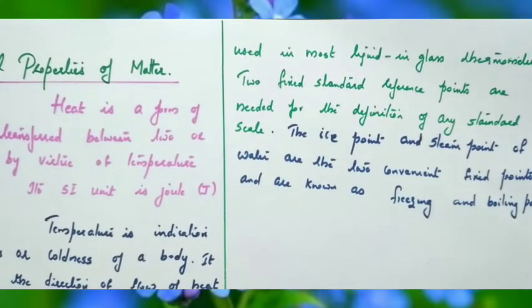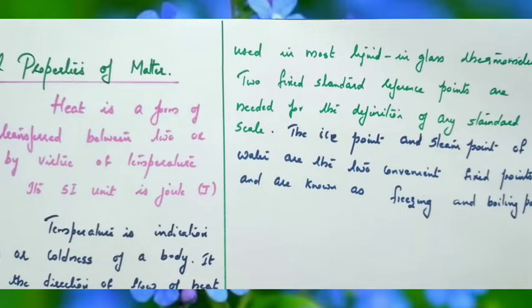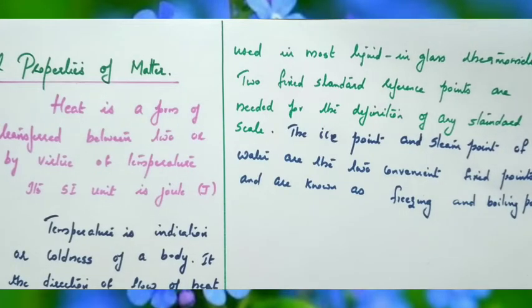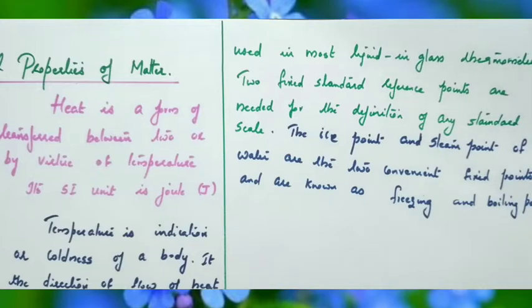Why mercury? Mercury is commonly used as the liquid in a thermometer because mercury does not stick to the glass and it expands much more than water. It does not stick to the glass, meaning the force of attraction between the mercury molecules is higher than the force of attraction between mercury and glass. More about this attractive force between molecules of the same type and of different types, we will study in the mechanics of liquids chapter.